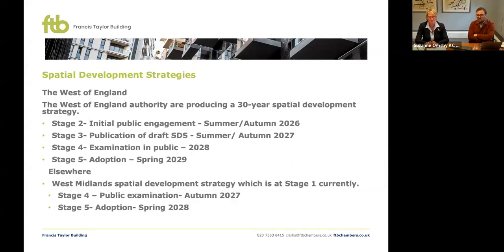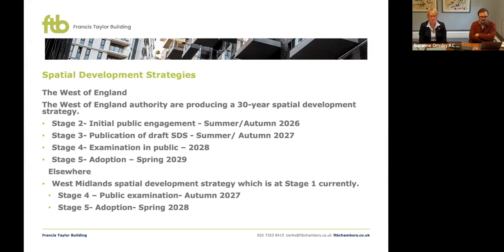And then finally, in terms of SDS that we spoke about towards the beginning of this presentation, obviously there's a degree of uncertainty about exactly how these are going to be devised, as there are still some sets of regulations that need to be made, and also, of course, the government needs to announce the outcome of the SDS areas consultation we previously discussed. But from our experience dealing in South Gloucestershire, this is the sort of indication that WECA is currently thinking about in terms of the West of England